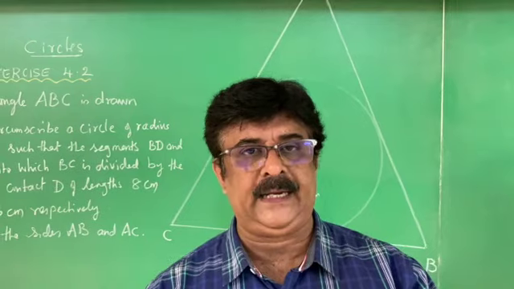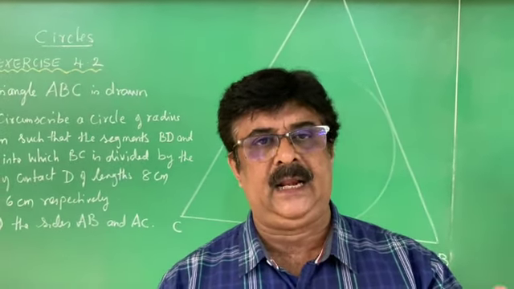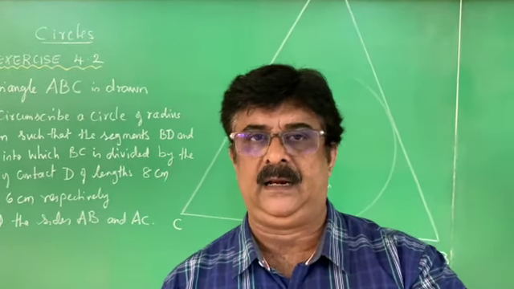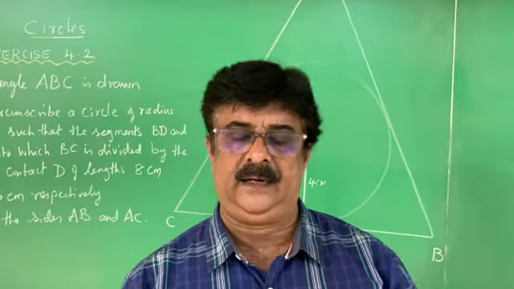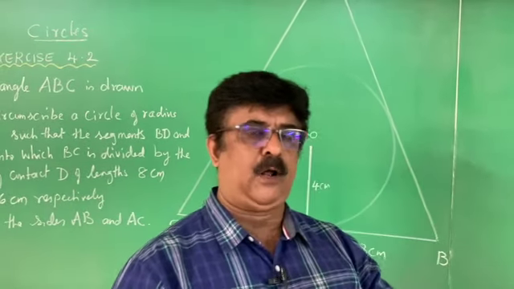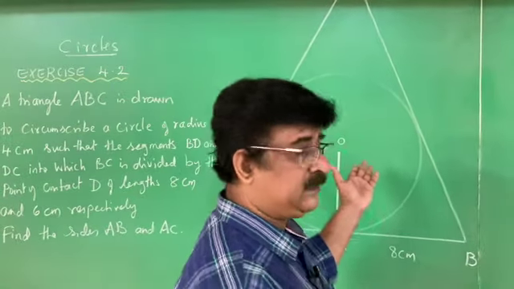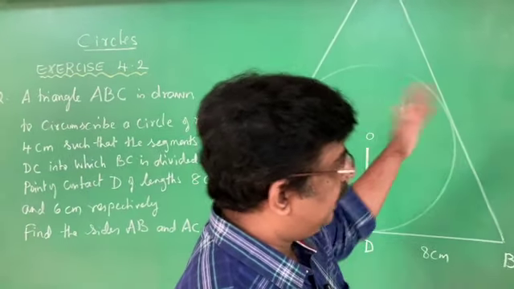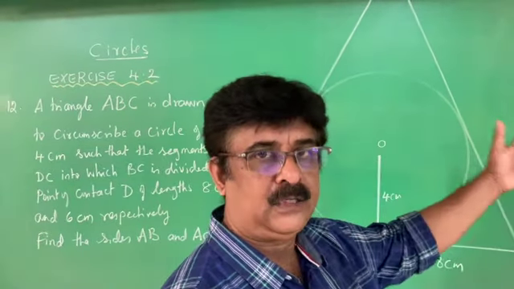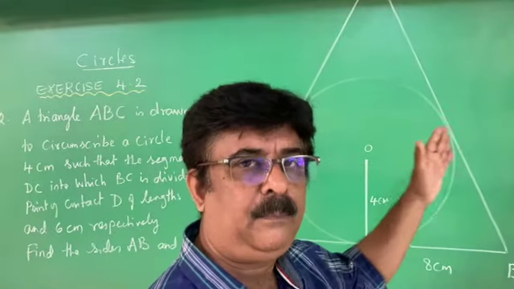Heron's formula is one formula that relates the area of a triangle and the sides of the triangle. You studied Heron's formula in the 9th standard, and you solved many problems based on it. Without Heron's formula, we can't solve this particular problem. Therefore, I will make you recollect the idea of Heron's formula with an example, then I will come and solve this problem.